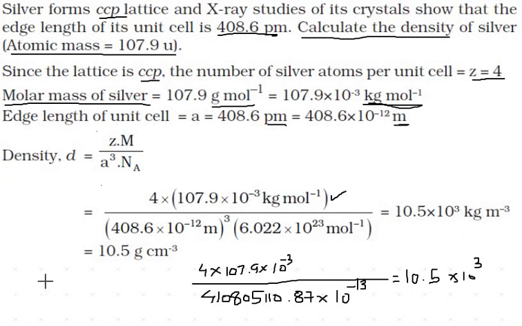And if you want this in gram, use the conversion factor. 1 kilogram is equal to 1000 gram. So this 10 to the power 3 factor will go away, and you will have the answer equal to 10.5 gram per centimeter cube. Let me write this unit again here. Please note that you are supposed to mention the unit. Don't forget to write the unit in the exam. It carries half a mark. If you don't write it, you will lose the half mark.